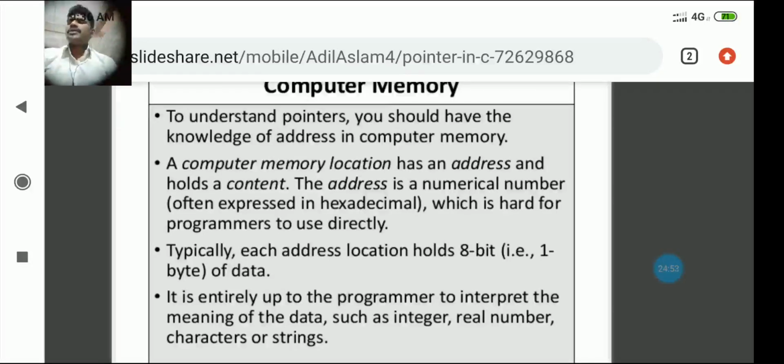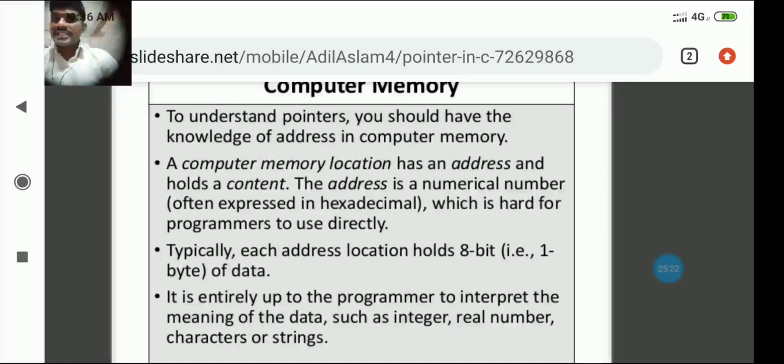To understand pointers, you should have the knowledge of addresses in computer memory. Look carefully.